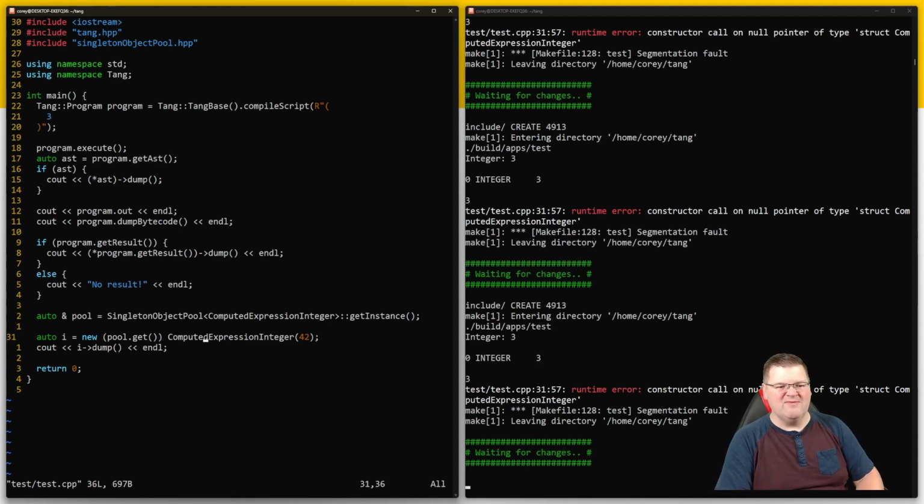And it will give me... and what am I constructing? A computed expression integer, 42, and then I'm dumping it. Of course, because my get only returns a null pointer, the compiler can pick up on that. And as you see over here, I'm getting an